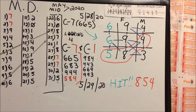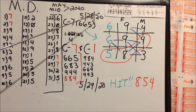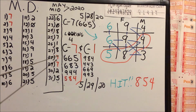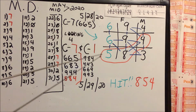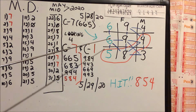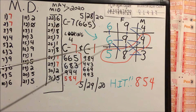Okay, so for this, we're using the same tic-tac-toe strategy. Okay, using flip numbers and mirror numbers. Okay, we took the combination from the day before on the 28th from column 7. Okay, 665, and we put that in the first row of the tic-tac-toe grid going straight down. Okay, in the second row, we put the flip number of each individual number that played on the 28th, okay,